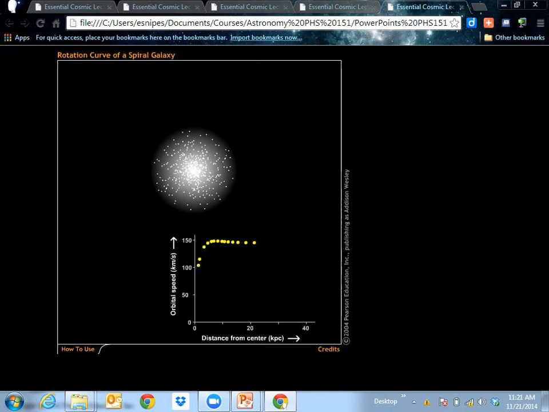Now, you figure the supermassive black hole is pretty massive. It's got a lot of weight. If it was like our solar system, all the weight would be concentrated in the center of our galaxy. And then, like when we get past Mars, let alone Jupiter and Saturn, things would slow down. But they don't. In fact, we can look at objects clear out here as to how fast they're orbiting.